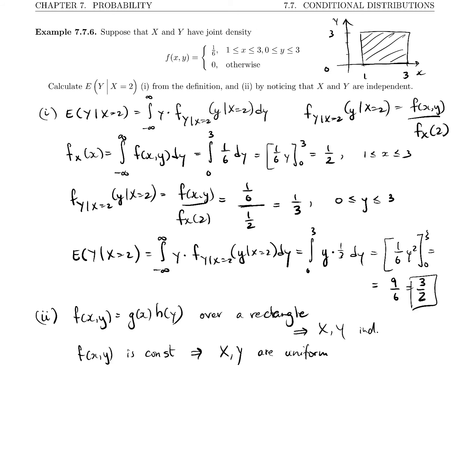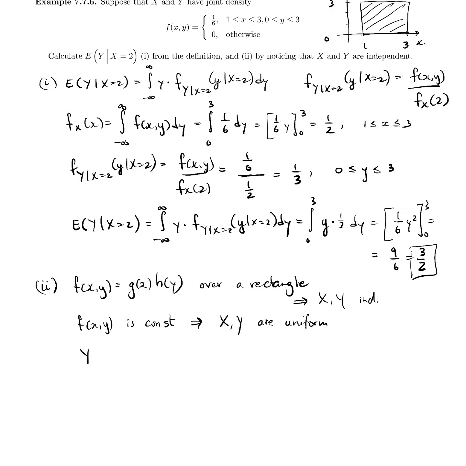And in particular, if y is a uniform variable over the interval from 0 to 3, so it's uniform from a equals 0 to b equals 3, then we know its density function, f sub y of y, is 1 over b minus a, which is 1 over 3 minus 0,